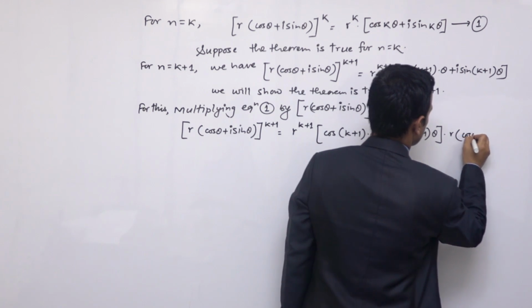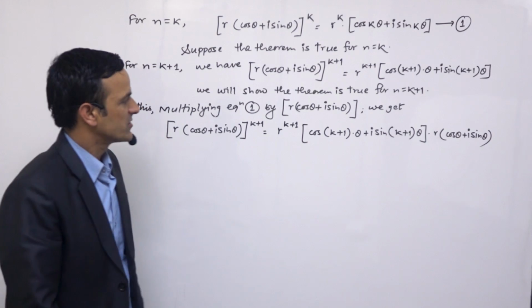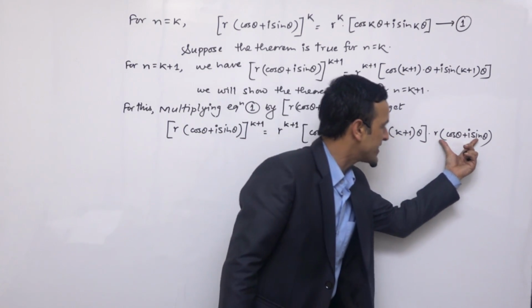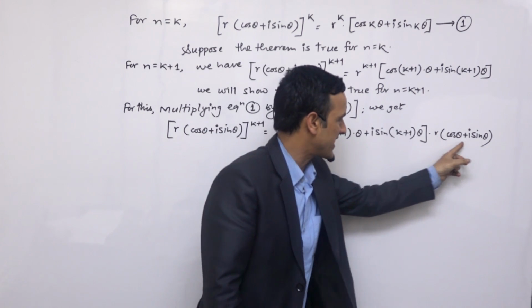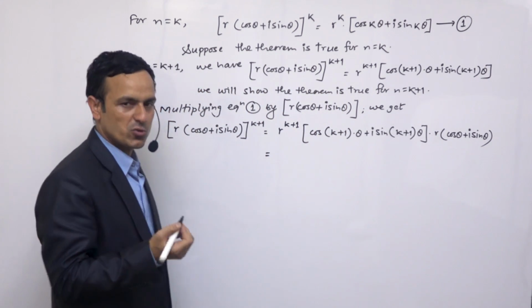r times cos theta plus I sin theta. So RHS मा भएको यो टर्मलाई पनि हाम्रो यो मल्टिप्लाइङ टर्म हाम्रो यो छ, यो टर्मले मल्टिप्लाई गर्दा व्हाट विल बी द रिजल्ट, लेट्स सी, कस्तो रिजल्ट आउँछ हामी हेरौं।